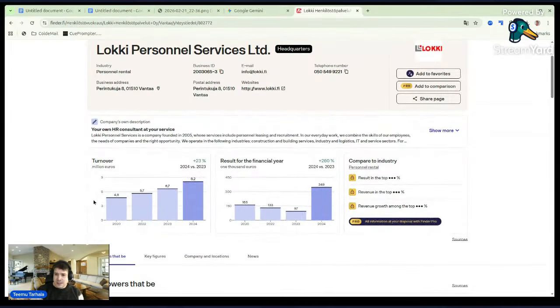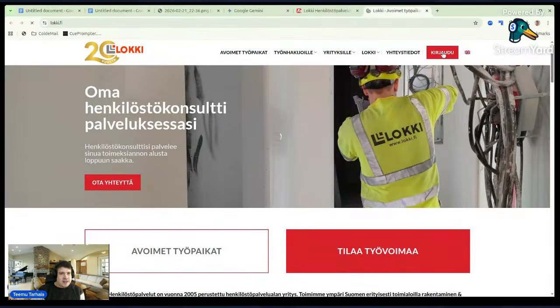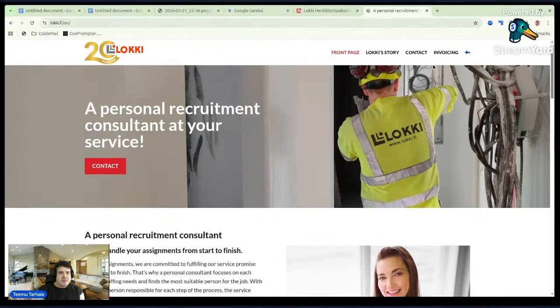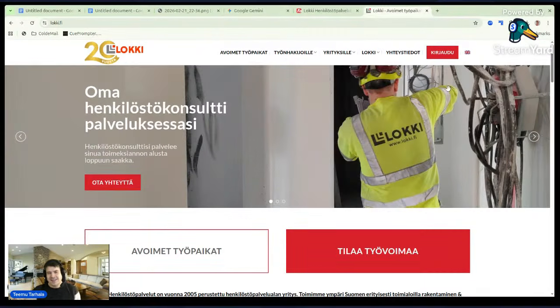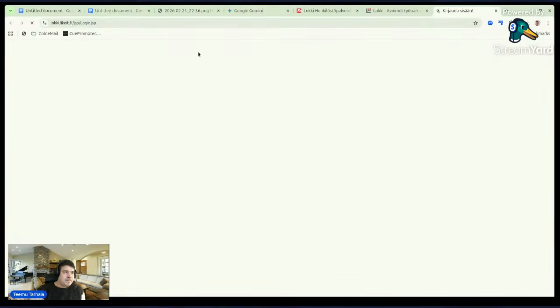And here you could see their turnover again, how profitable they are, so you can make a decision if it's a good fit for you, that they are actually financially doing okay. And then you go to their website to see how it is. And let's see for fun. You can see here that if you have an English page, it offers you different details. So I would use the Finnish page and then translate it into English. And let's go see. And here it is.